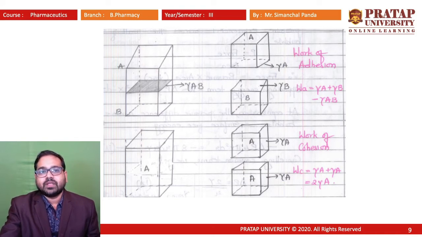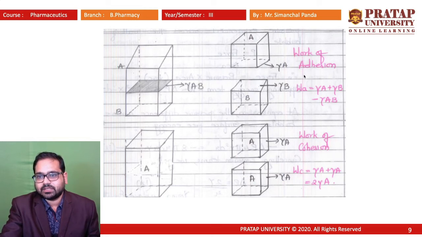So I was telling there are two cubes here. There is AB and there is A, and in AB two different molecular attractions are present, and the surface tension is represented as gamma AB, and below it is the common surface, that is A. So the work of adhesion is written with gamma A here. Here we can see the diagram, and here we are separating A and B, two surfaces, and that is the surface tension. This is gamma A, and the surface tension for the second block is gamma B.